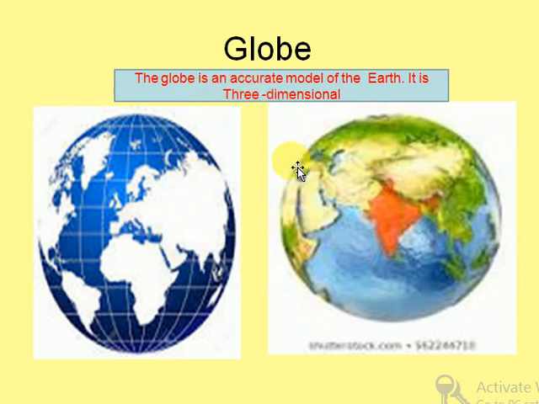Now you know what a globe is. To be very simple, the globe is an accurate model of the earth. It is three-dimensional. As our earth is vast and round, it is not possible for everyone to see the entire earth at a time. Only one face you can see. So for that, a small model of the earth in the form of a globe may be used